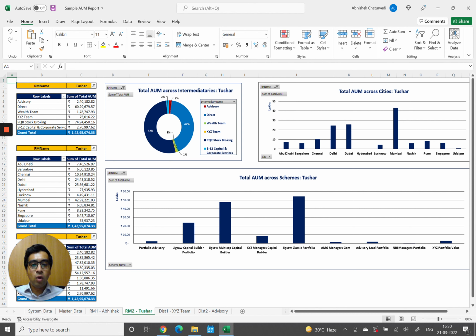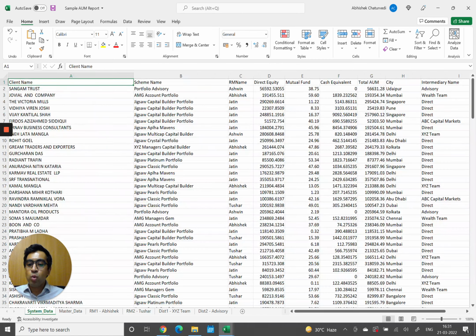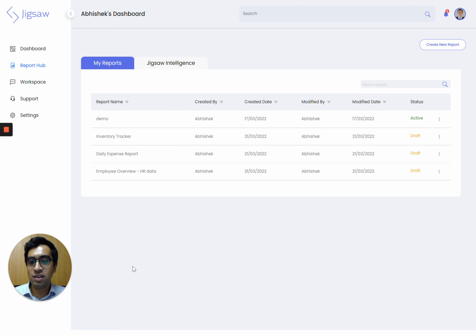And the base for all of this, all of these visualizations and metrics is what you call a data dump, which is effectively an unstructured dump of the data coming from a particular system that has data that's useful for this particular report. So before I show you how this report is automated on Jigsaw, let me remind you that